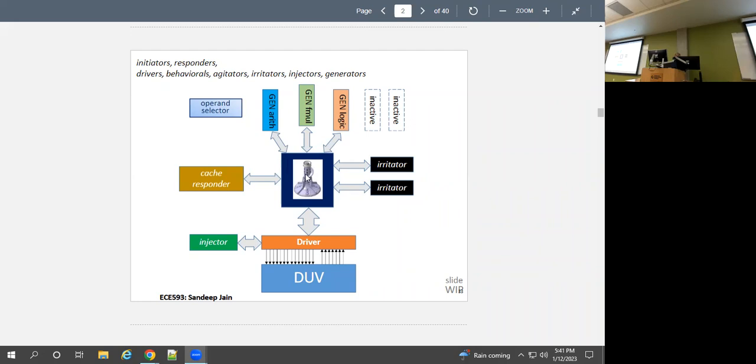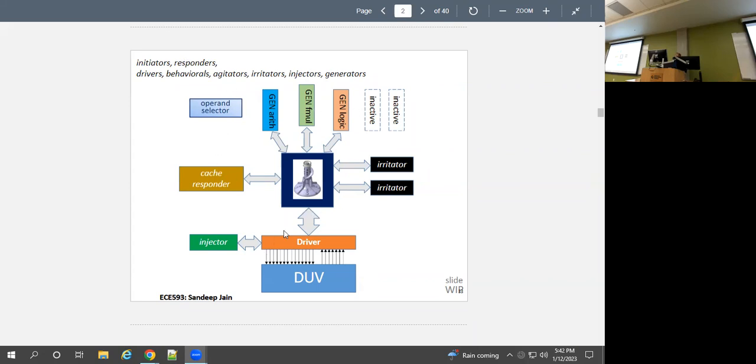responder or some sort of driver, some component before the driver, which will additionally irritate those stimulus we talked about, right? Like, your test generators are generating some stimulus. The irritator is just changing a few things in that to create corner cases, right? And then you could have some responder that says, hey, I don't have cache in my design, so I'm going to put some dummy cache or responder, which will respond to my cache requests. So this becomes my test bench,